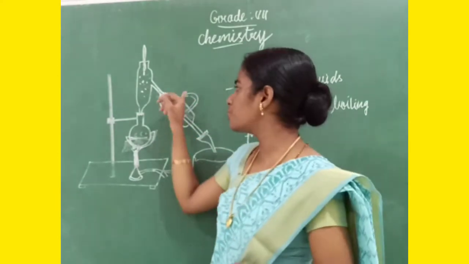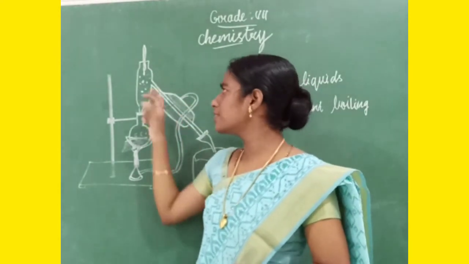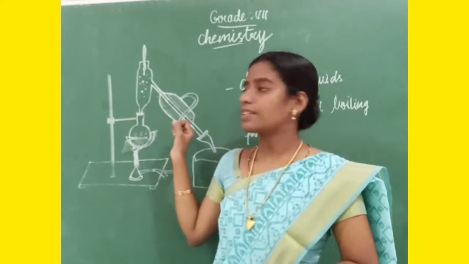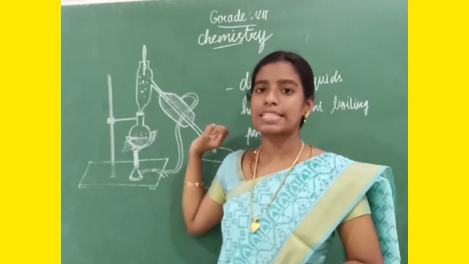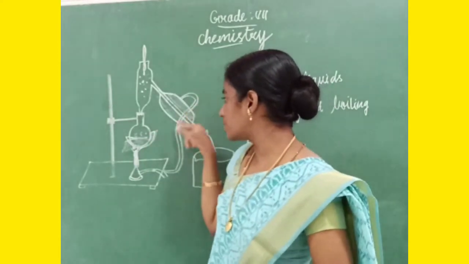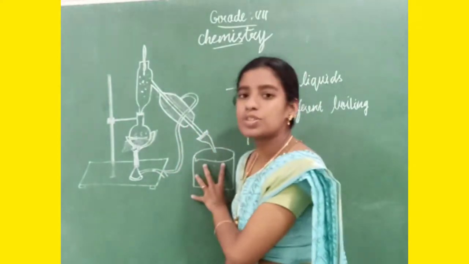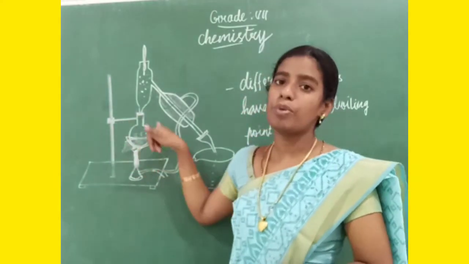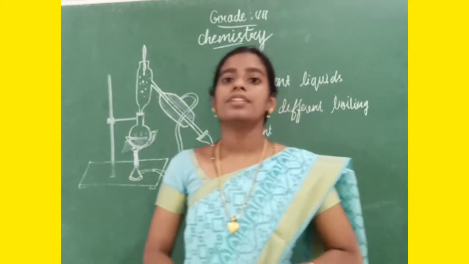Now what is this tube used for? When the high temperature vapors pass through this, some heat will be there. This condenser will cool that, and the heat will go. When we apply cool to this gas, the heat has to leave. To take out this heat, this tube is used. Now the liquid with the low boiling point is collected here, and the liquid with the higher boiling point is collected here in this flask. Are you clear?